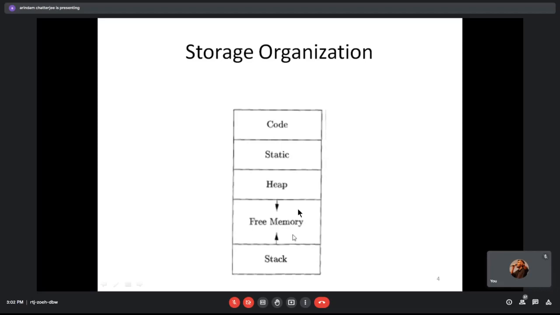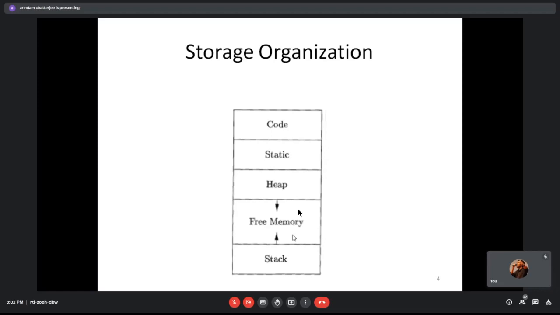Absolutely. So if you are having things like external variables or global variables, these are prime candidates of static storage, which can be shared between different modules, different functions.